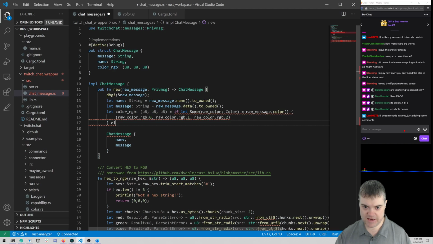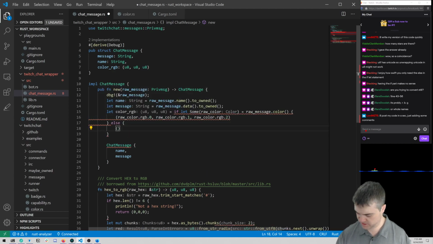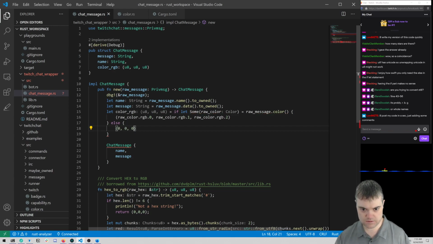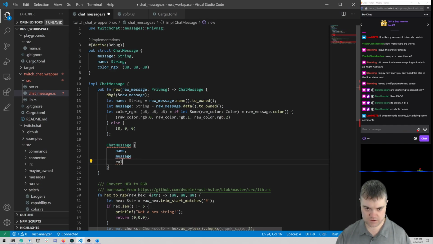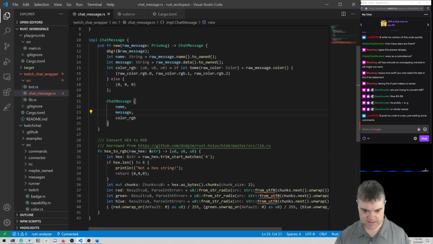And then else, we want to return essentially 0, 0, 0. Okay, and we'll have this. So that gives us a color. Then color RGB comes out here, and it gets sent away.